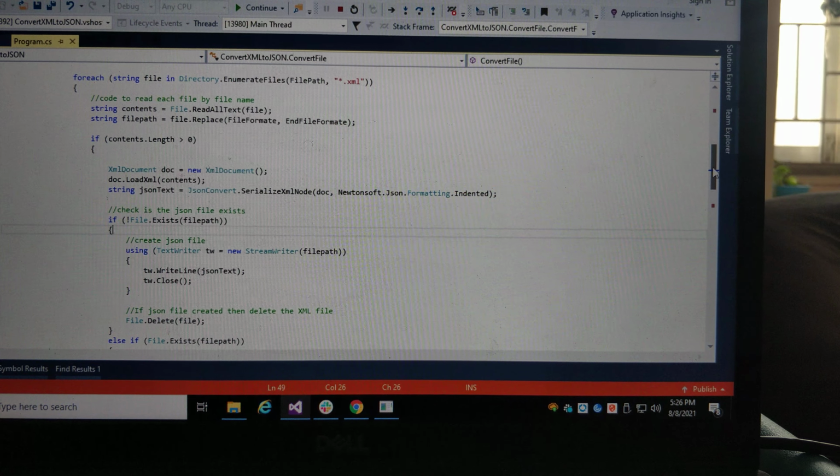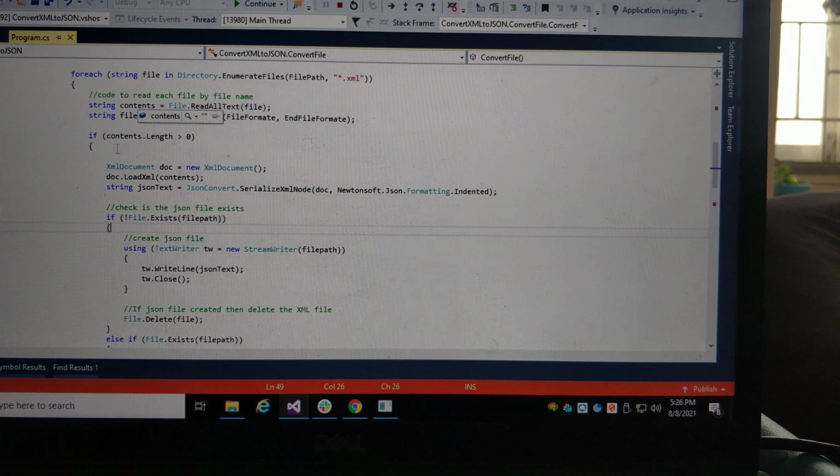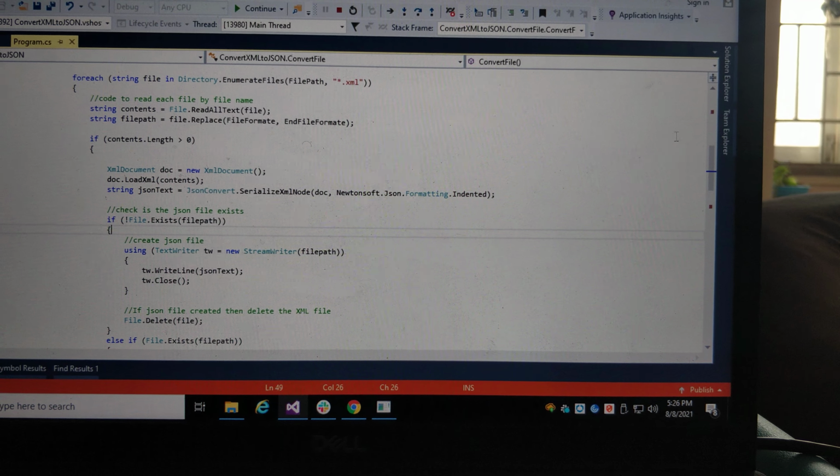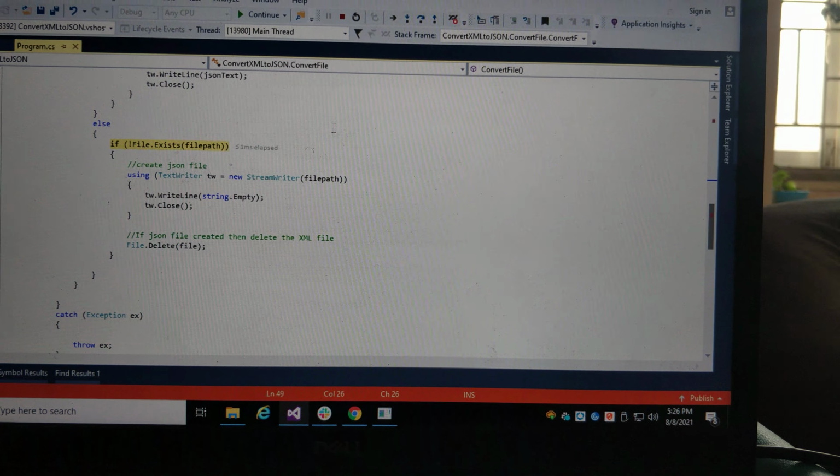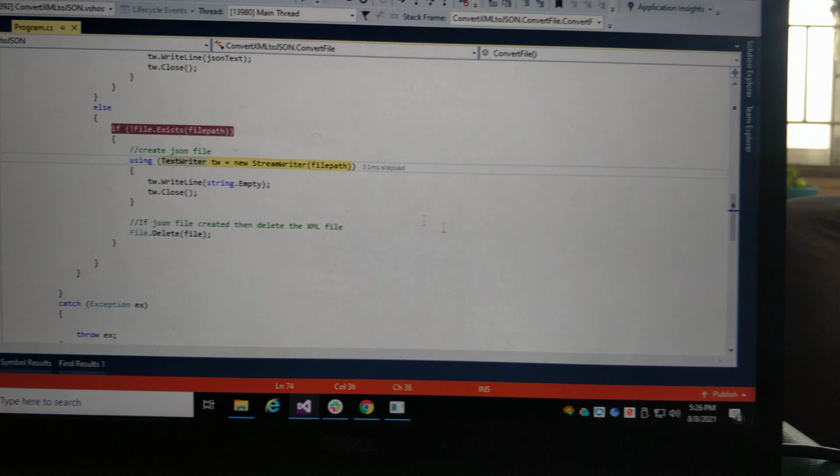After checking the content, if content length is greater than 0, then we have one condition, else another condition. In the else, if the file path does not contain JSON, as we don't have any files with the JSON name, we came into this condition.